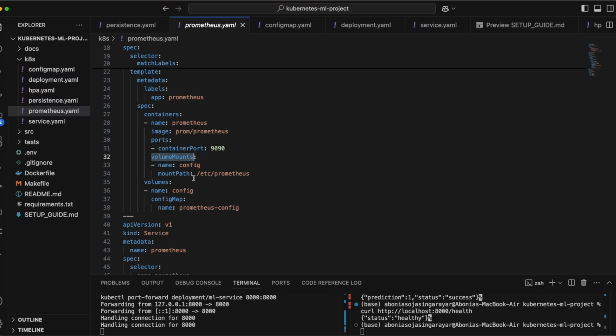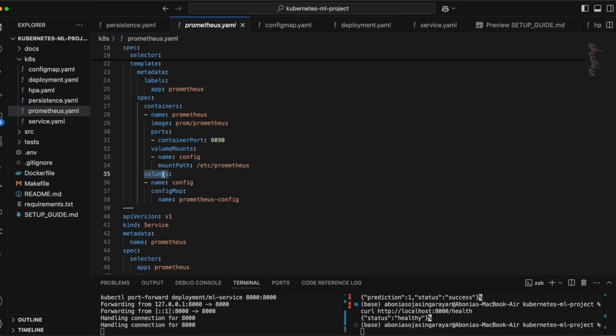So this mounts the config map as a volume inside the container, and the config volume is mounted to the path /etc/prometheus inside the Prometheus container, making the prometheus.yml configuration available for Prometheus to read. Okay, and finally we have our volume section. So this defines the volume that will hold the Prometheus configuration. So configMap name tells Kubernetes to use the Prometheus config map defined earlier and mount it into the